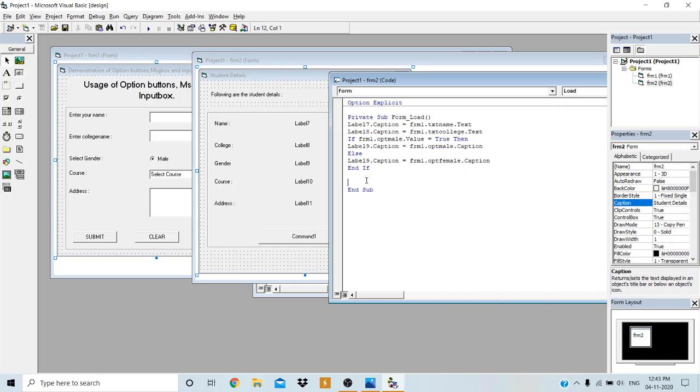So here I have to write label. See how to fetch the label 10 or the course value. There also we have to check the condition. Yes. Now see here, no need to check the condition. I will just do one thing. See, label 10 dot caption equal to,